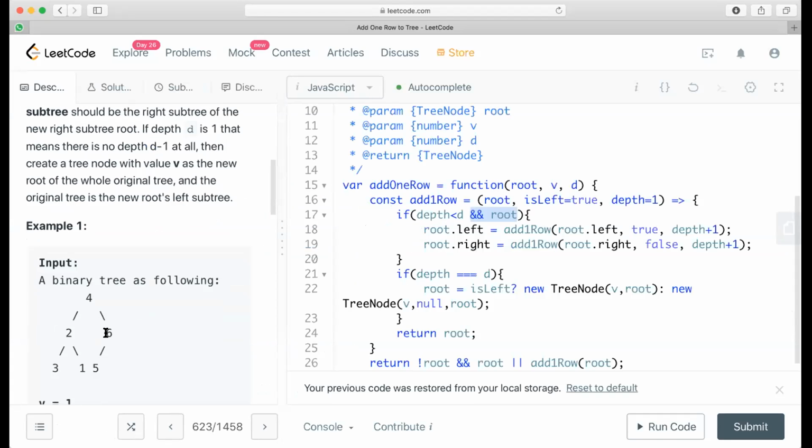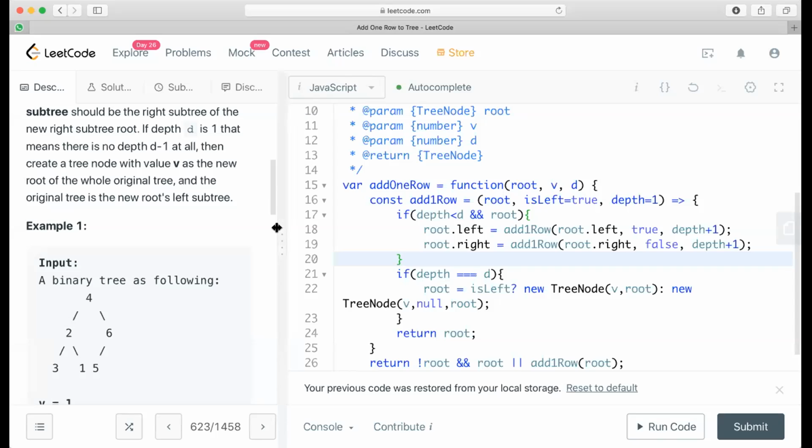And the interesting thing is this is preventing me from inadvertently creating any new root. So this is the case where the 6 has no child. If I recurse into it, suppose I am at 6, the root is at 6. Now the root dot right was null. When I go to add one dot row, I see my depth is still less than D, but the root is not null. That's why it will basically protect all this code, and I don't do anything. I just return the root as it is.